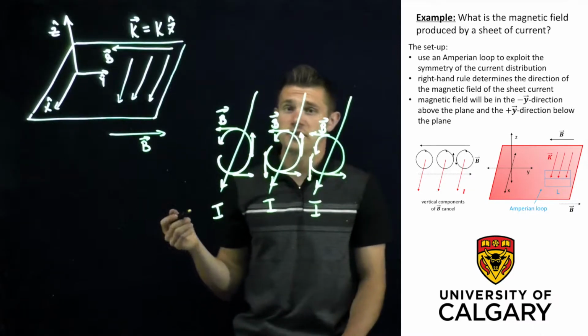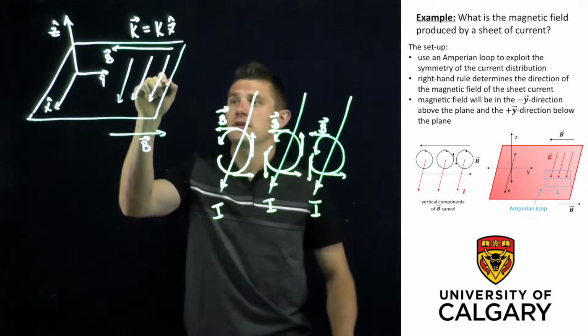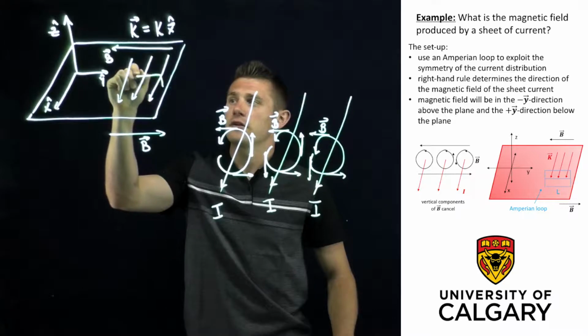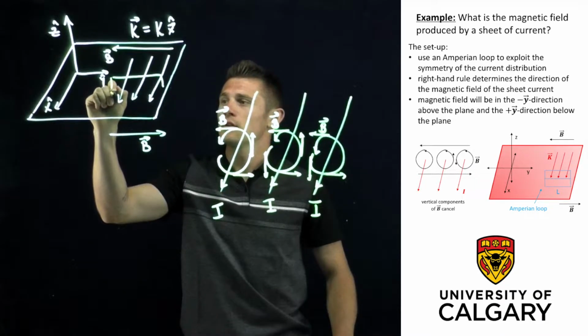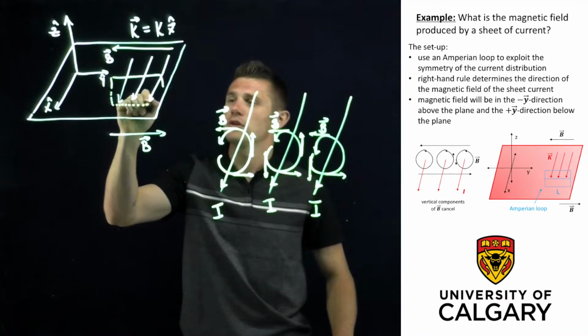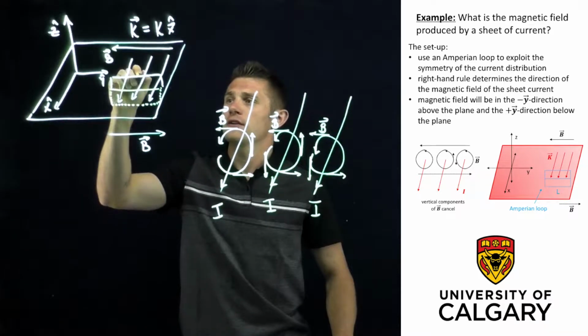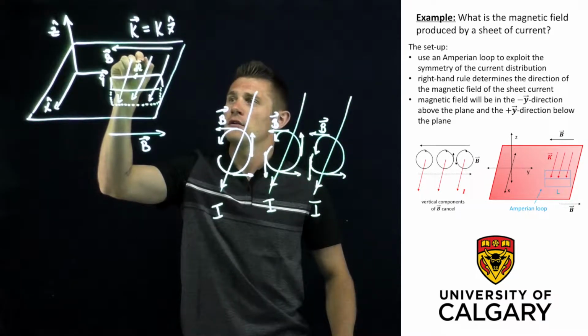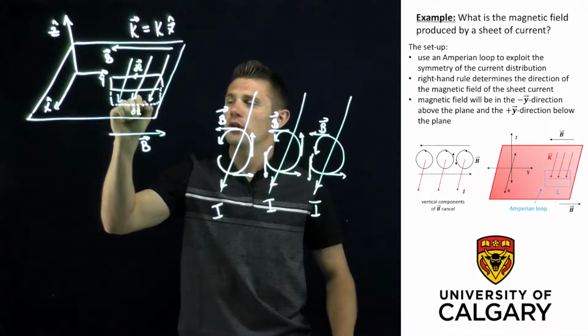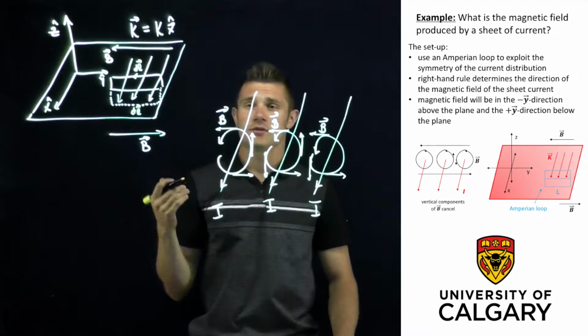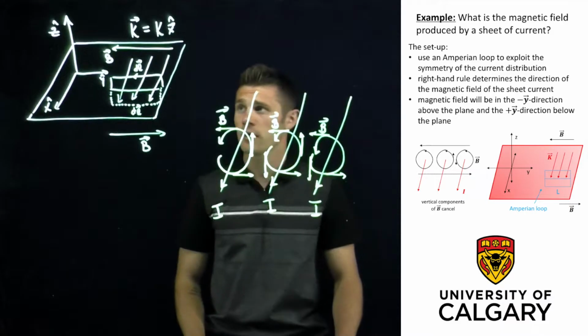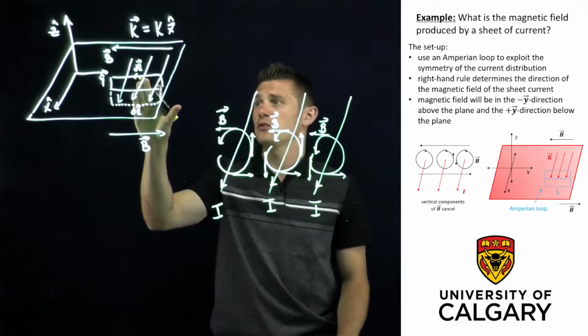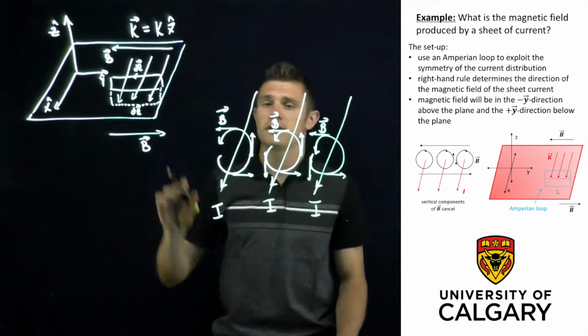And then in this case, we choose an Amperian loop to exploit the symmetry, so the Amperian loop will be rectangular, and we'll say that it's like so above, like so below. And we'll direct dl for the Amperian loop in that direction above and in that direction below. And this will allow it to simplify the integral in Ampere's law. And we'll use this Amperian loop and this magnetic field in order to find what the magnetic field is for